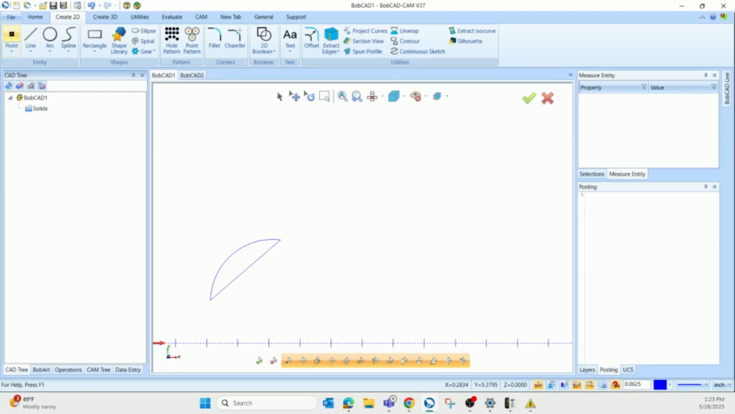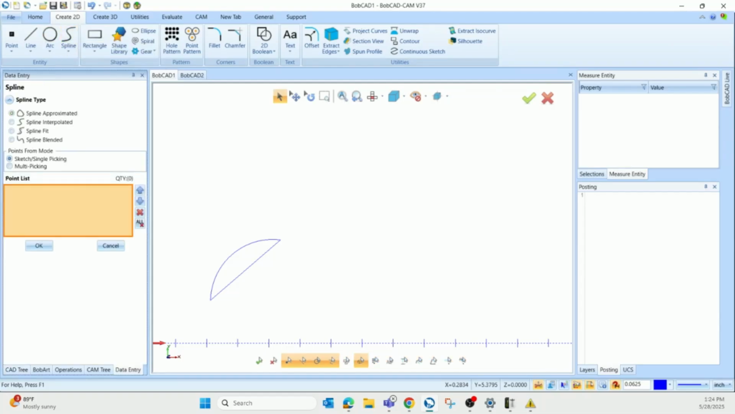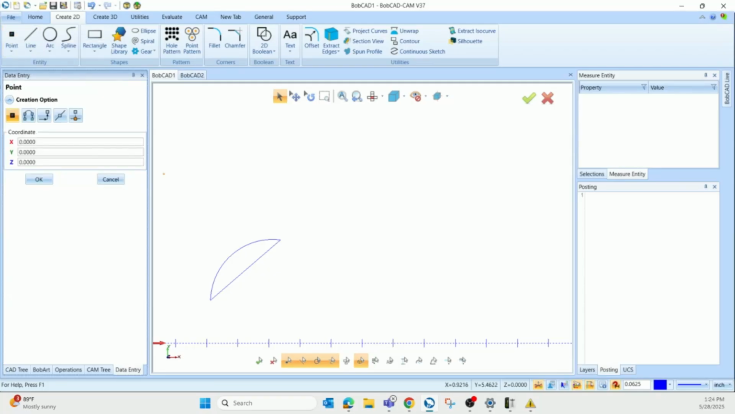So we went through points. You can see up at the top everything being highlighted: point, line, arc. We'll go to spline. I almost never use splines, especially for creating profiles for milling, because then it's just going to fit lines and arcs around the spline. But if you need to create a spline for whatever reason, like some artistic work,